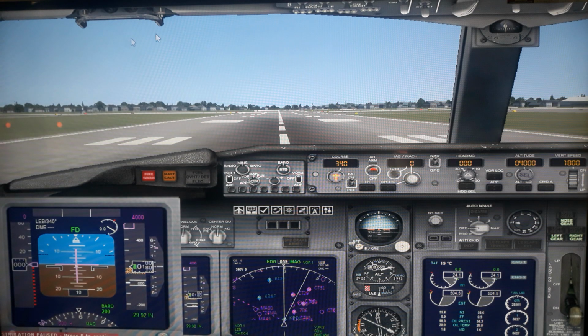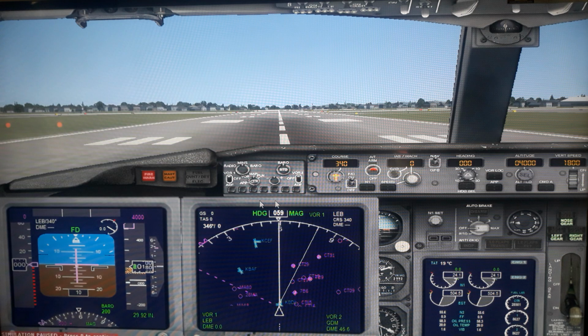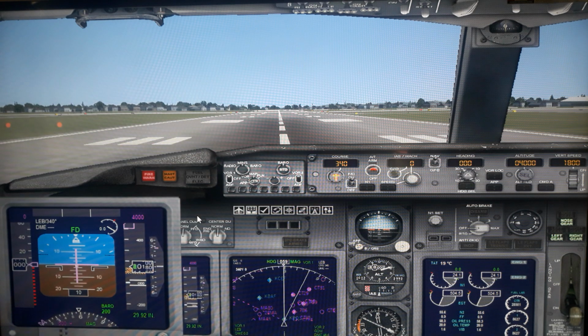I'm talking about the magnetic compass, so you look at that. This is the plane. This is 059, that is 60, 06. When the plane turns right or left, you will see the magnetic compass is moving. The plane will stay here. This will also show the route. This is the route we have made. Now let's go leftwards.